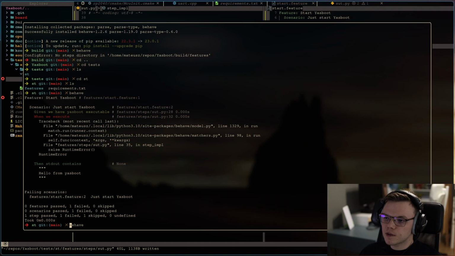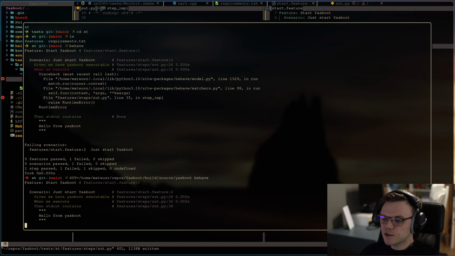And the first one failed because I didn't pass the suit executable in environment variables. And I did it on purpose. I wanted to be sure that our environment will raise an error when there is no executable provided. So let's add our executable to environment variables and execute again. And that fail was unexpected. I think it was in some infinite loop.